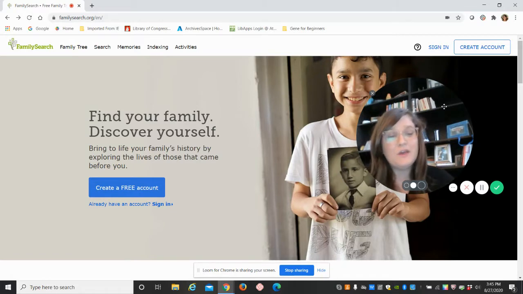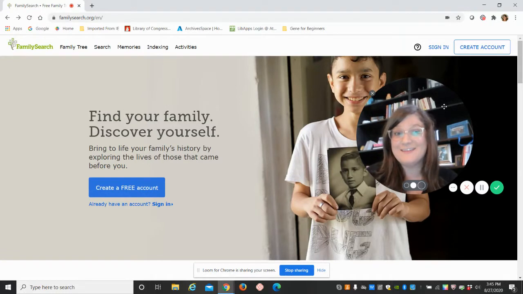Today we're going to be going over researching Georgia death records or death certificates. The great thing about these is that they are freely available on FamilySearch.org. Anybody can access them at any point in time. That's the great part about FamilySearch. You don't have to be in the library building, and you don't have to pay to get access to these